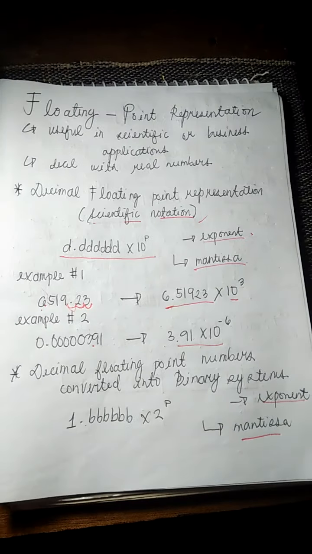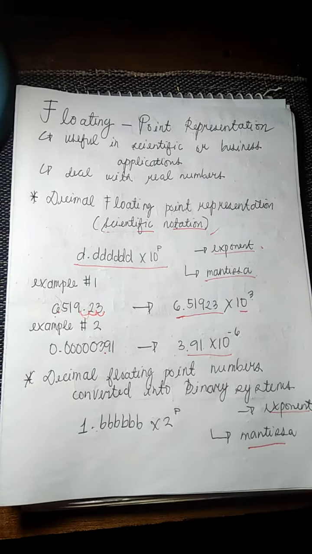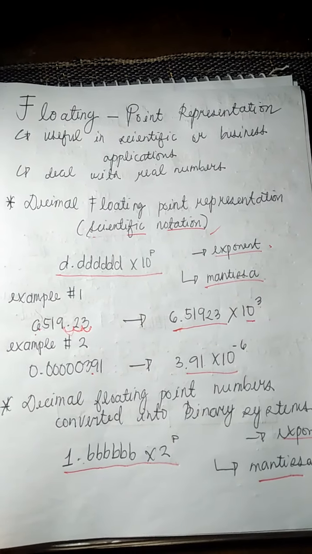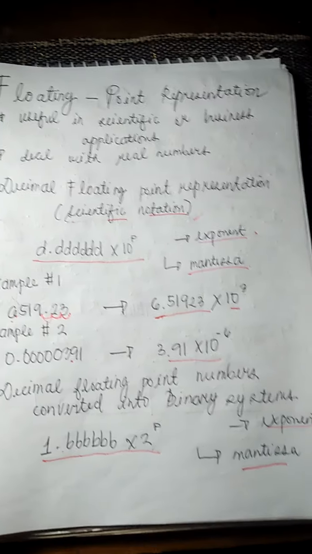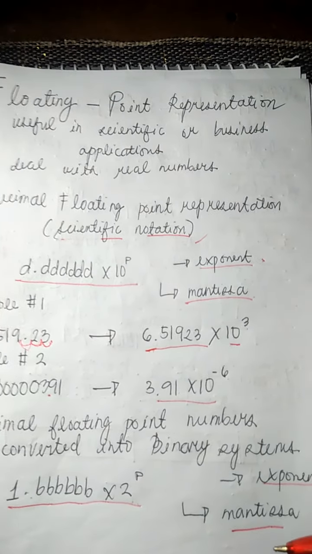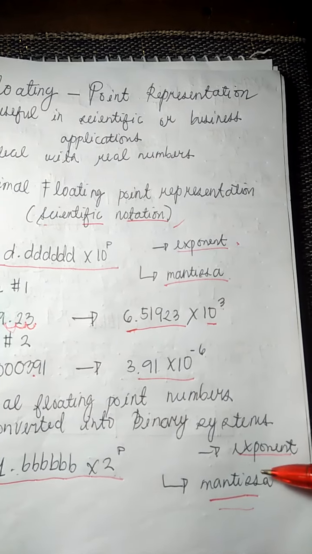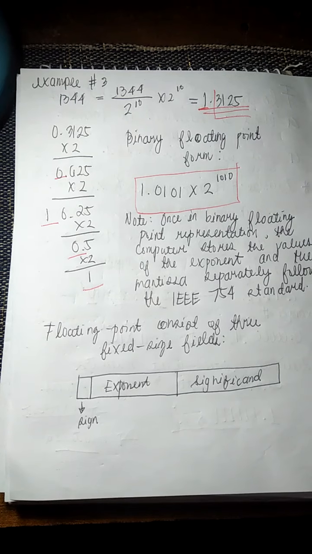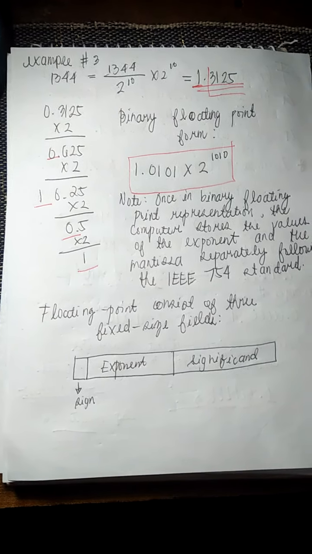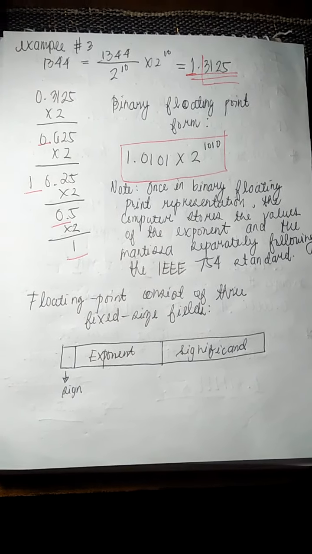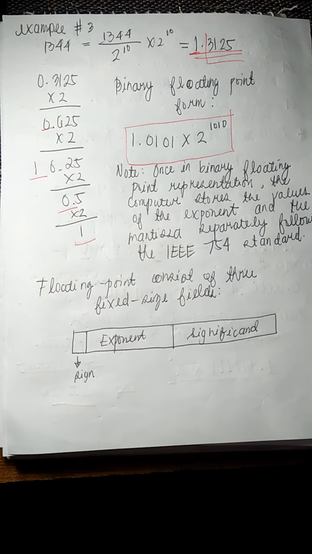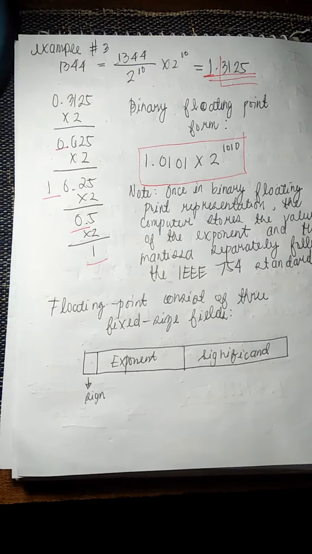Then, decimal floating point numbers can also be converted into binary systems. The form is the same, times 2 since it's binary, and then it has a mantissa and exponent. So, in order to convert the decimal floating point into a binary floating point form, we have to normalize the number first. So, example number 3,